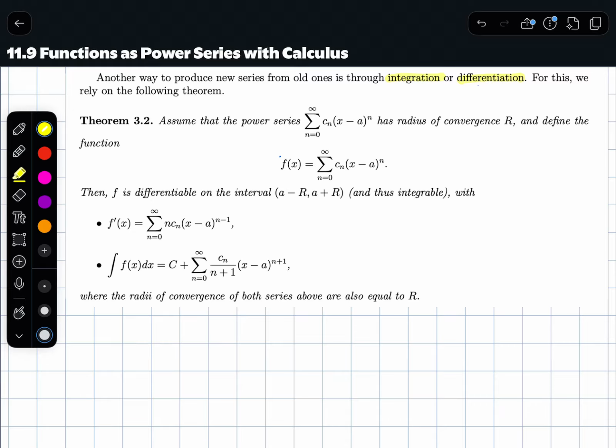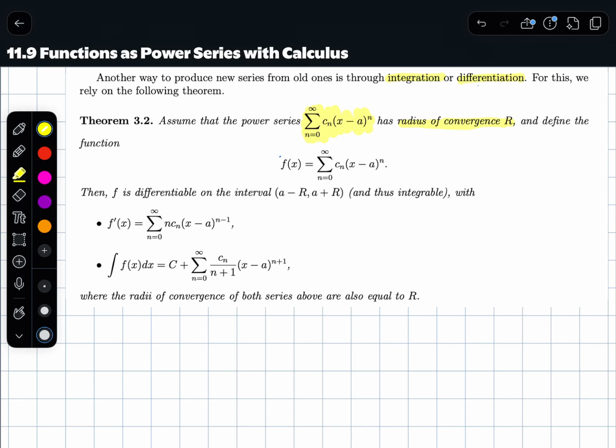For that, we need to know which rules to use and when we're allowed to use those derivatives, how the interval of convergence changes under those operations. So let's read this theorem carefully, see what's going on. So we're going to begin with a series this way. Let's say it has radius of convergence r. So this is a regular power series, c_n times (x minus a) to the power n,